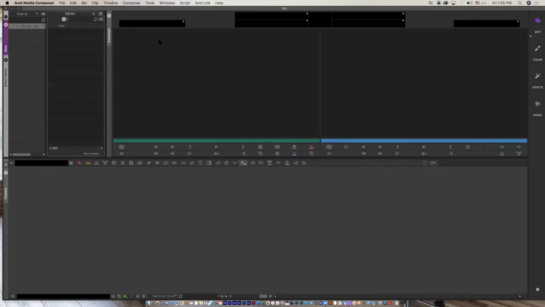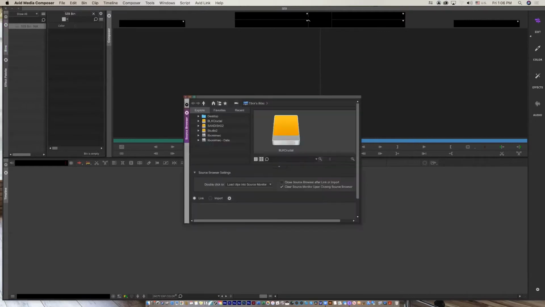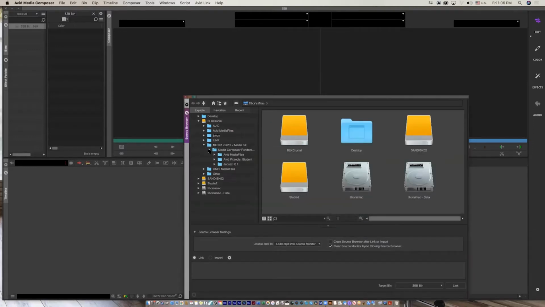When you open it up, here are the two different ways of doing stuff in AVID. This is very clear because AVID does link and activates it in a different way than import, and import is import. If you right click in the environment where you want to bring stuff in, the input option opens up the source browser, and the source browser allows you